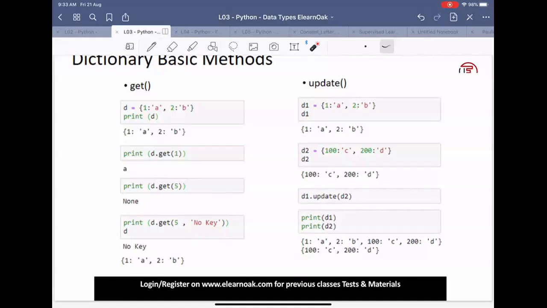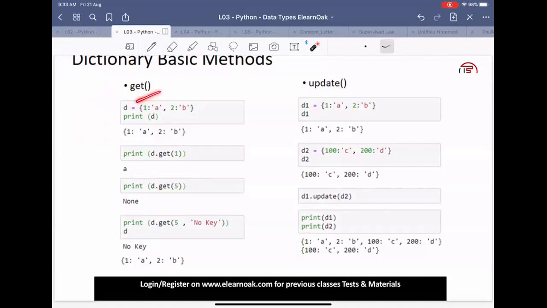I can store a name like Sonu with the number 1234, and the same name Sonu with the number 5678, and that works out fine. Or a different name with the same number, and that also works out fine. So there is no criterion on values. You can have any kind of value. Just keys should be unique.